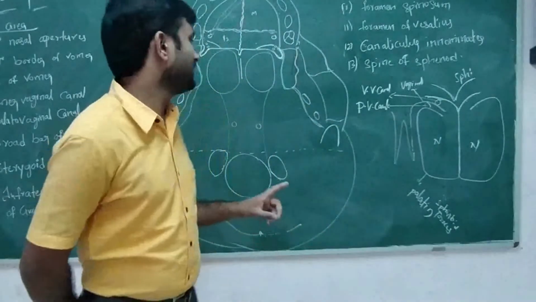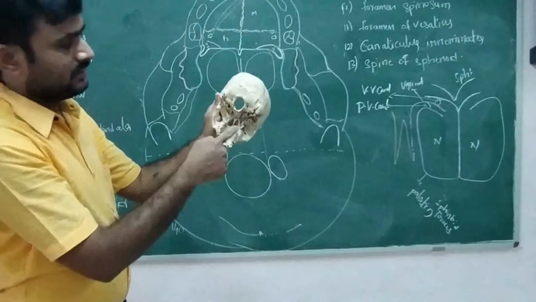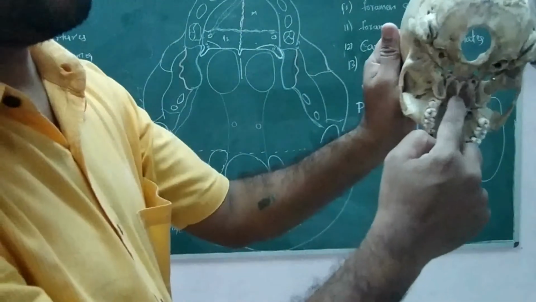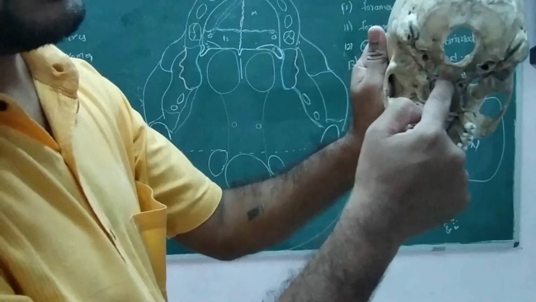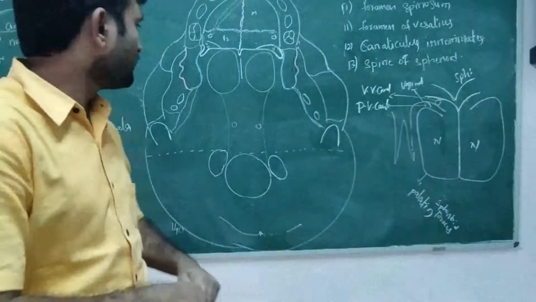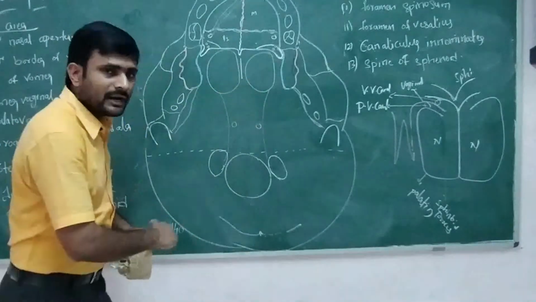So this is about our part in the median area. Two openings, and the vomer, which is split at its end and forms a joint with the sphenoid bone. So next we come to the rest of the median area. This is the rest of the median area. This is half of the part.